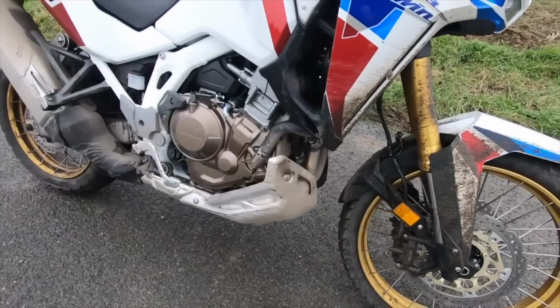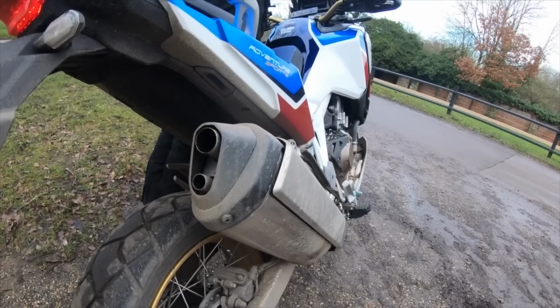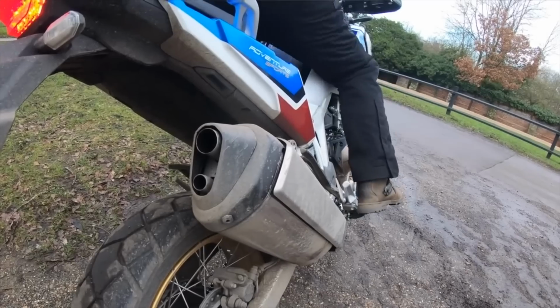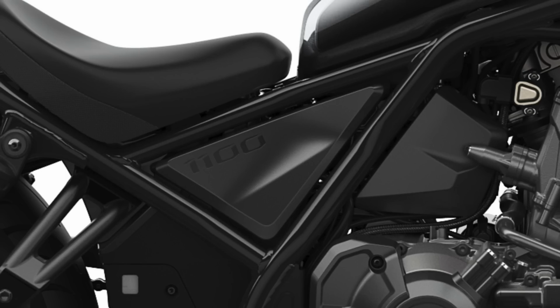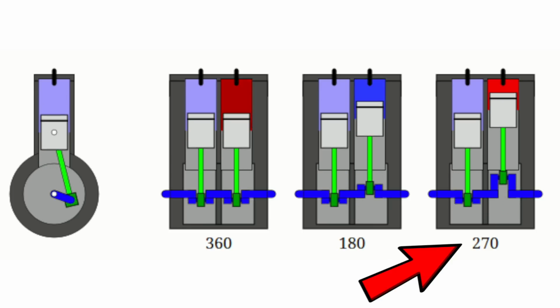Now, I love the engine in the Africa Twin, plenty of low down torque and a really tasty soundtrack to boot. Honda made the 1084cc parallel twin sound not too dissimilar to a V-twin. There are some changes of course to suit it sitting in a cruiser frame. For example, the flywheel is heavier, the timing and ignition settings have been altered, but the 270-degree firing order is